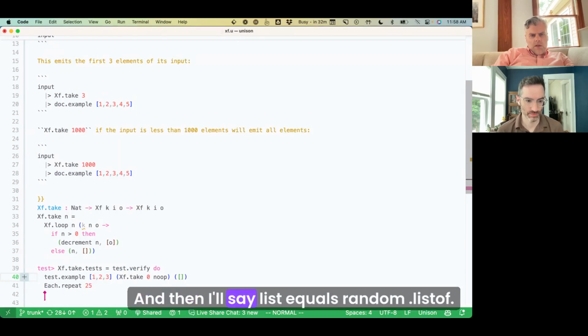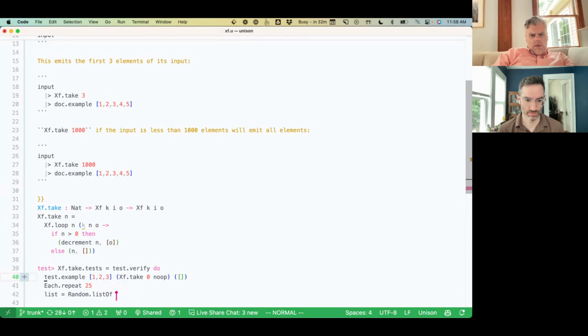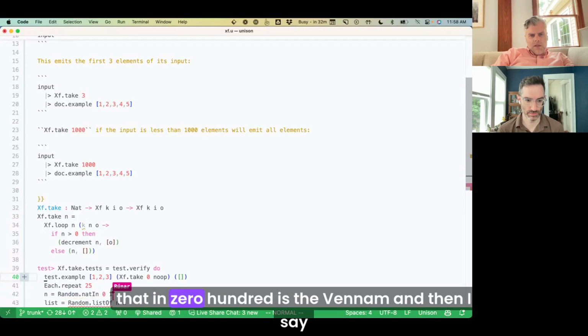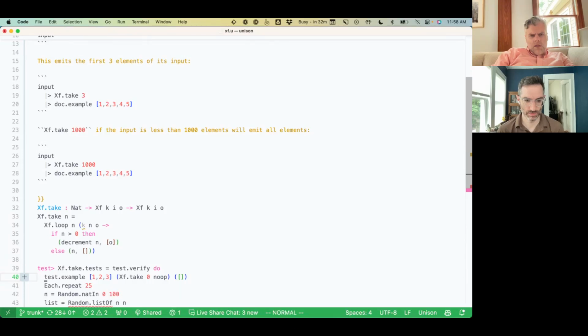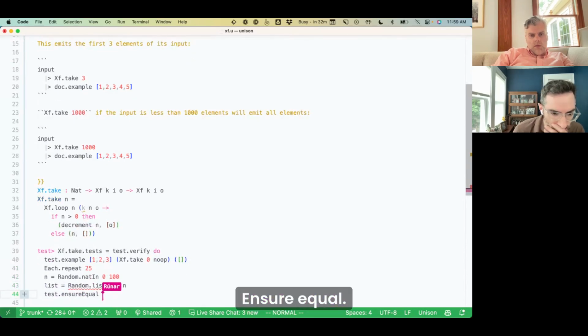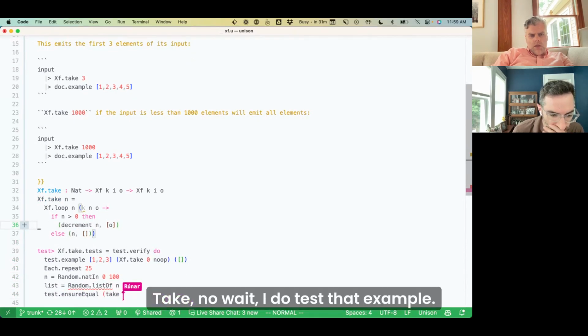And then I'll say list equals random dot list of nat in 0, 100 list of n. And then I say ensure equal take.